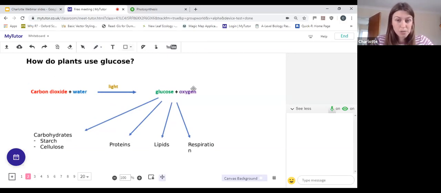It's a very handy byproduct because it's part of what the rest of us, so any kind of animals and a lot of other cells, need for respiration. So oxygen is the key component in the air that we breathe. And for plants, obviously plants respire as well as photosynthesize. So having that oxygen byproduct is very handy for that. So plants almost have this kind of cycle of photosynthesis and respiration where they're producing their own food and then they're breaking that food down to produce energy for their